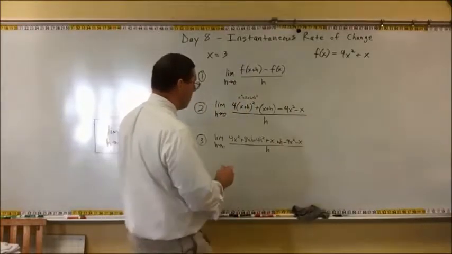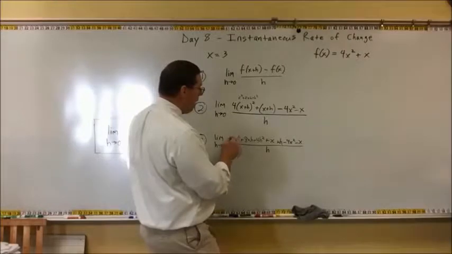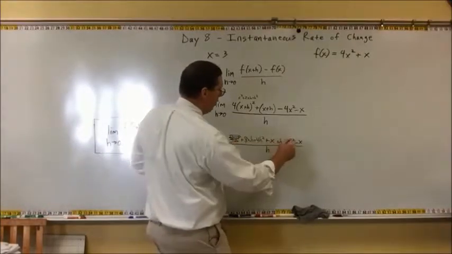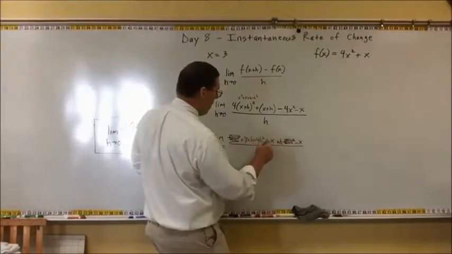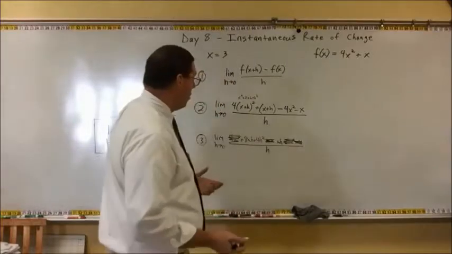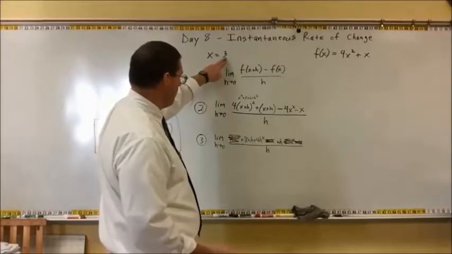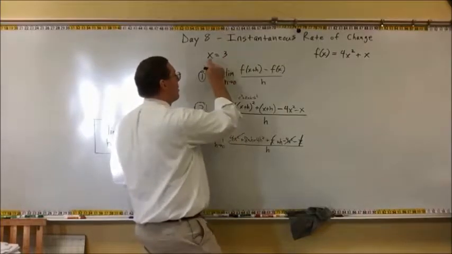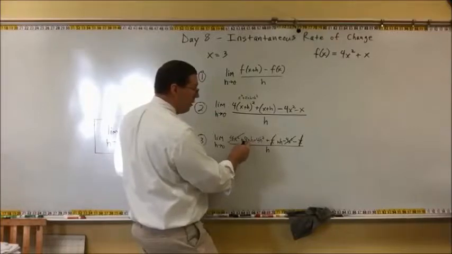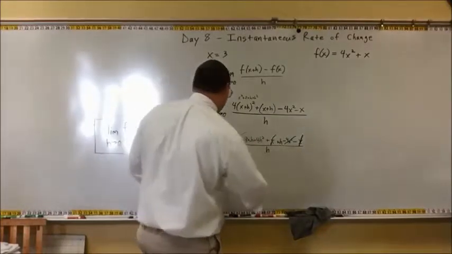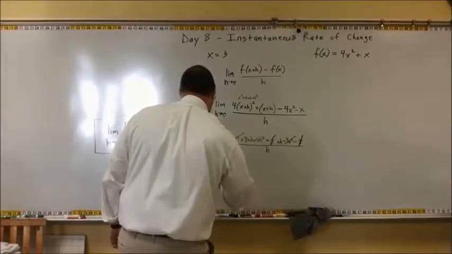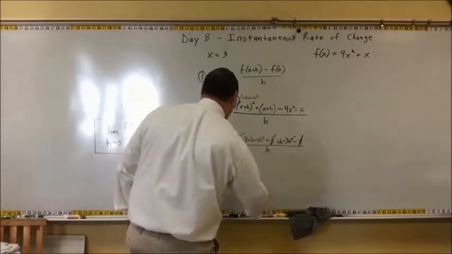Now we cancel stuff, right? We have a positive 4x squared and a negative 4x squared, so those can cancel. We have a positive x and a negative x, so we can cancel those. And now, where do we have to plug in our 3? Because x is equal to 3. And there's only one. So this is going to become 24. So now we're going to have the limit as h approaches 0 of 24h